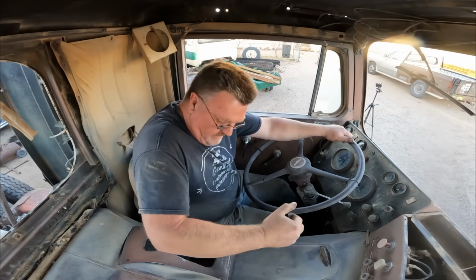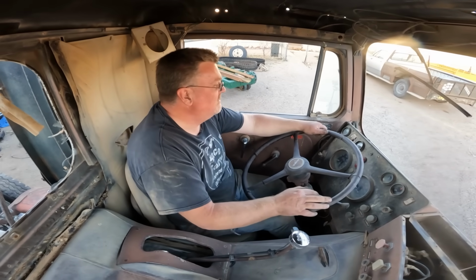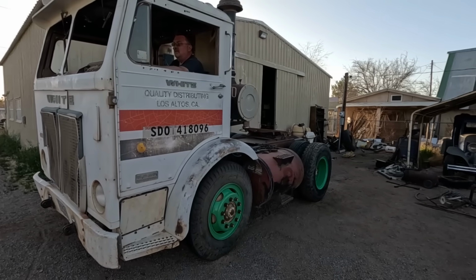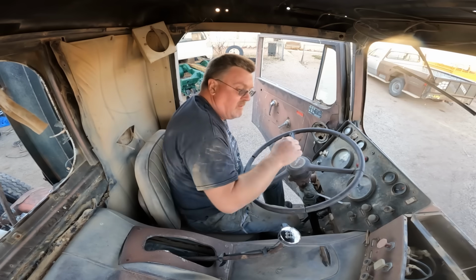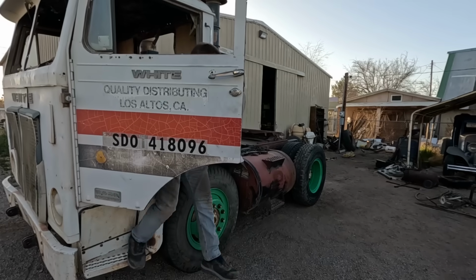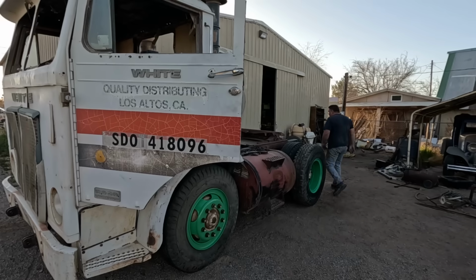Still neutral. First gear seems to be all I could find. The shift linkage might be what we're fixing next. I decided that now that the transmission is splashing all around, reverse might fix itself, so I was going to